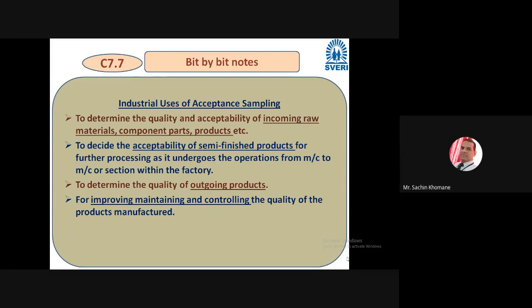So machine to machine, you are going to produce the product, right? Machine to machine operations are required within the factory. On one machine, suppose you are making drilling, on another machine you are making milling or threading, like that operations you are doing. Suppose out of these three, one operation is defective. Let us say threading part is defective, but remaining two operations are okay. It will be rejected, right? So after every operation, whatever semi-finished product is there, at that time you have to check the quality continuously.